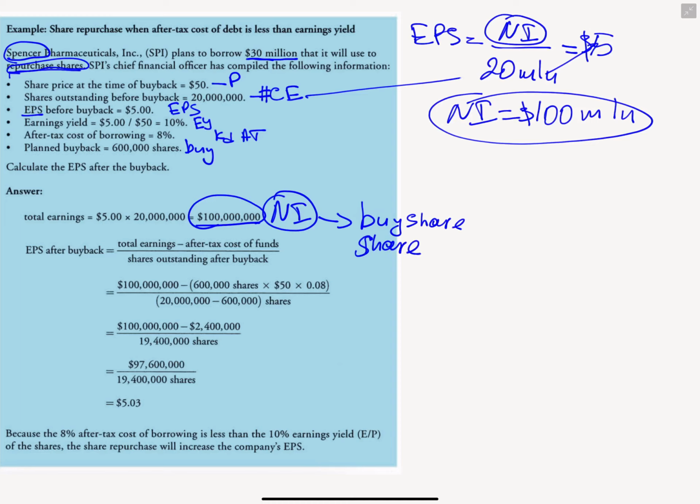If we buy their shares, we give them money, we have their shares back. They're cashing out from the company. So the formula is total earnings, from where we'll be paying, 100 million minus the after-tax